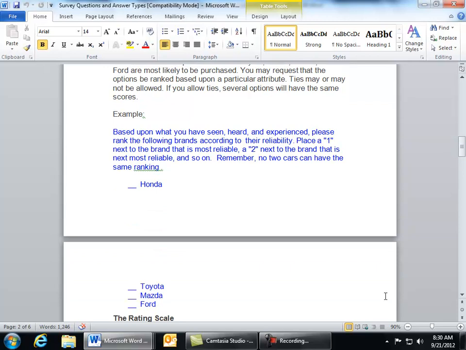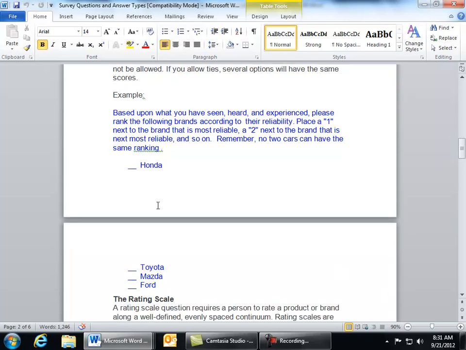So, here's the example. Based upon what you have seen, heard, and experienced, please rank the following brands according to their reliability. Place a 1 next to the brand that is most reliable, a 2 next to the brand that is next most reliable, and so on. Remember, no cars can have the same ranking. So here,